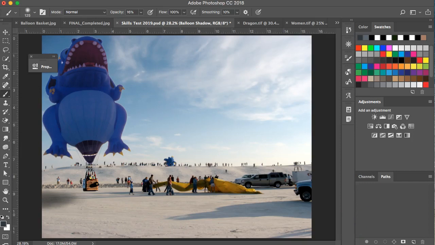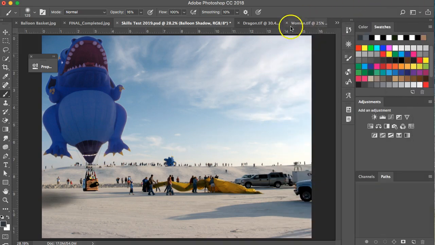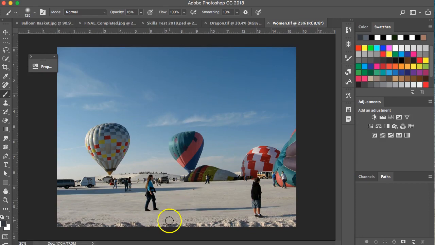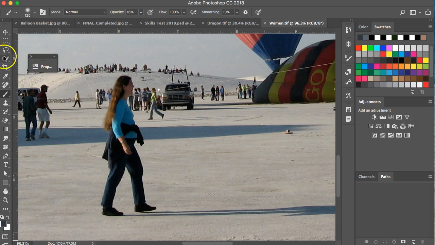So this is tutorial number 3, and this is a review for your skills test. And we've already got the dragon balloon, and we've got the basket, and we've got the lines. Now we need to actually add the woman. So if we go to the woman on here, we want to select her, zoom in, use the quick selection